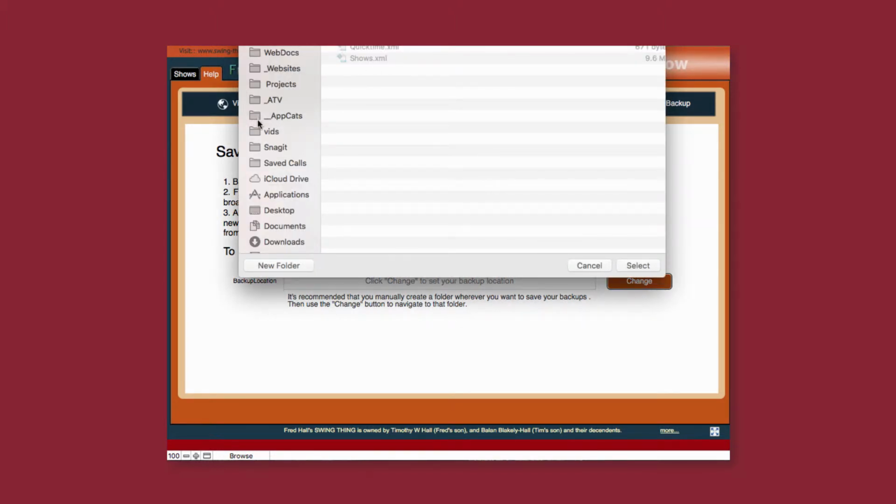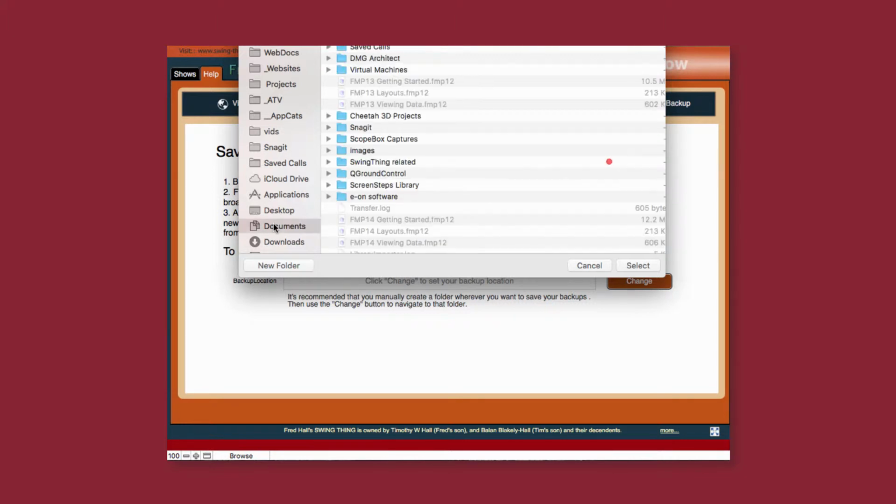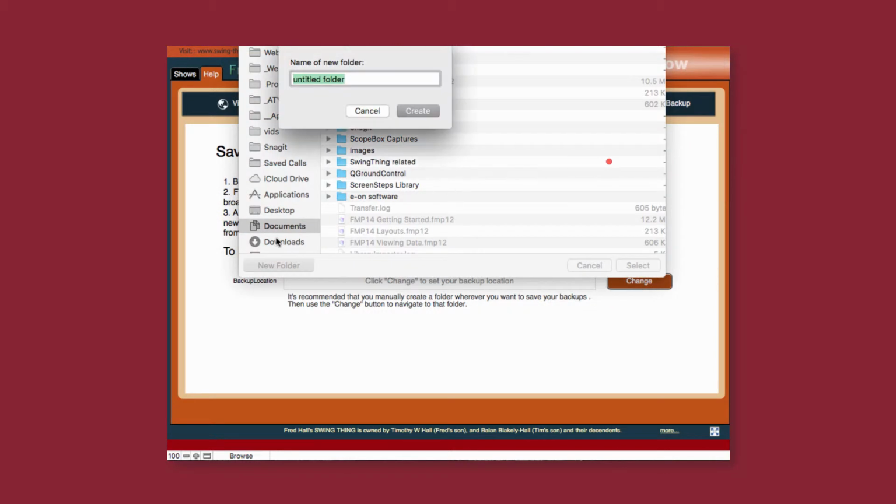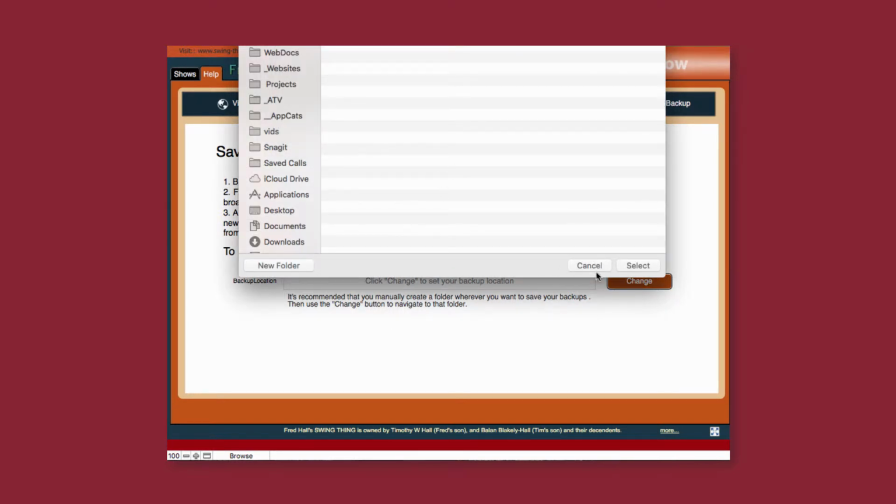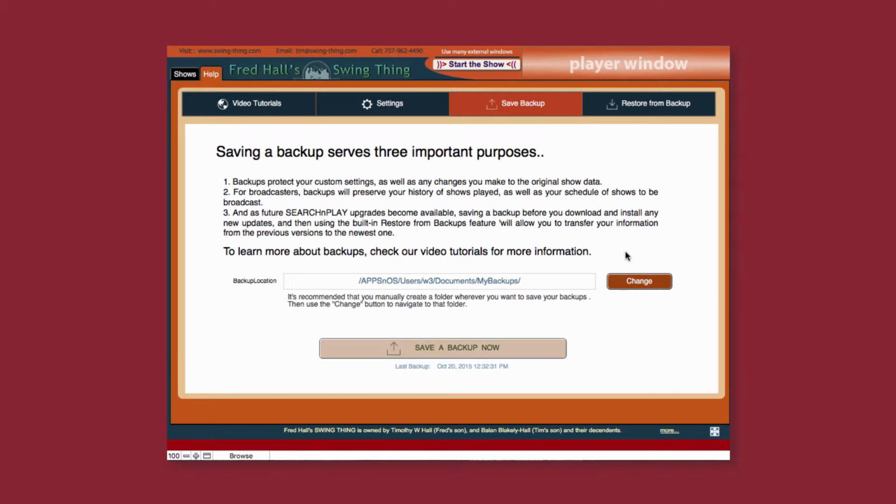I'm just going to go ahead and choose the Documents directory, and what I'll do is create a folder just by clicking this little button that says Create Folder, and I'll just call it My Backups. And then I'll select that as the folder where the backups will go. This tells you where that was, and it also now gives you the option to save a backup. Let's go ahead and try that now. So I'll just click on Save Backup,